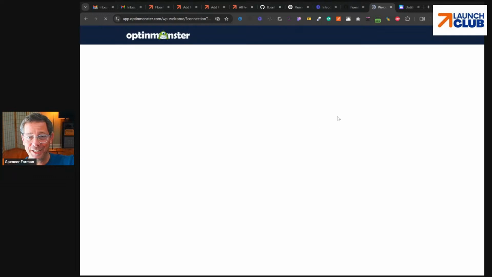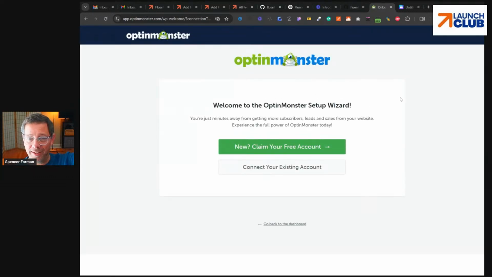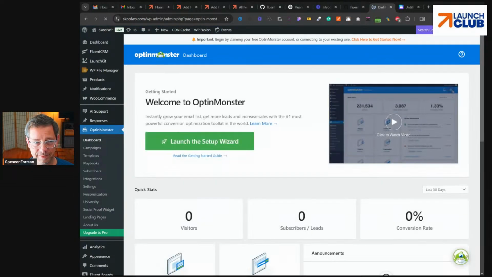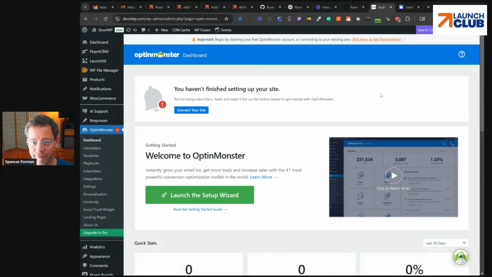Okay, see, I just turned on the plugin. So first of all, it's completely hijacked me away to a setup wizard. Now imagine I'm doing this for a dozen or two or three or 100 clients, and every single time I turn on the plugin, it hijacks me away. It's absolutely unacceptable. That would be like if you got in your car and you turned the key and it locked the doors, handcuffed you, and drove you off.